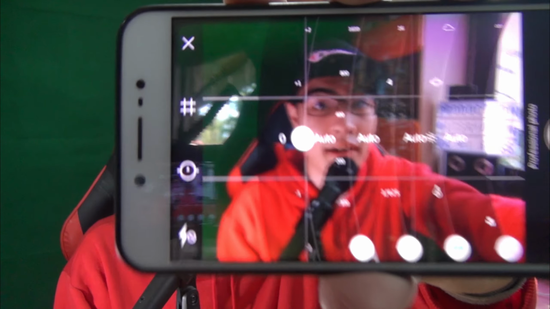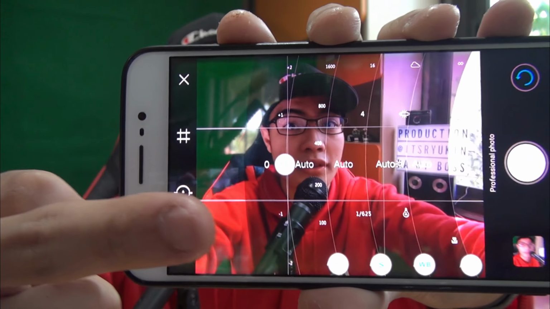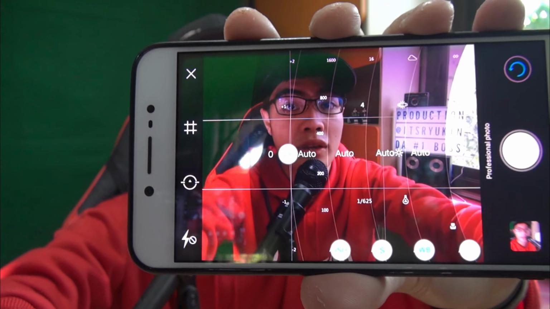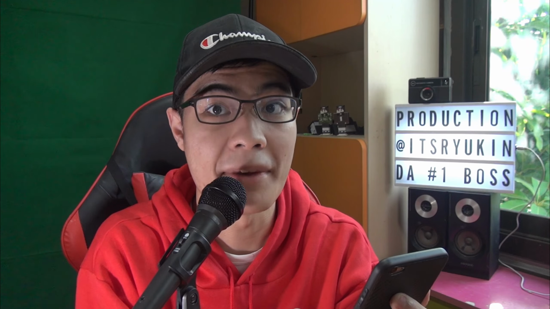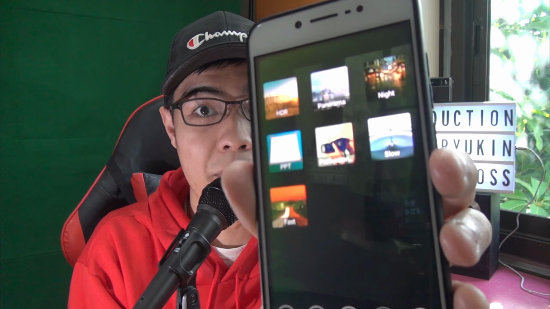And you can also see everything right here much better by pressing this button right here. You can see more detail of the manual stuff that is actually going on in the camera, and that includes the manual white balance. Exit that. And outside the professional mode, we also got a slow mode, which basically just takes a video